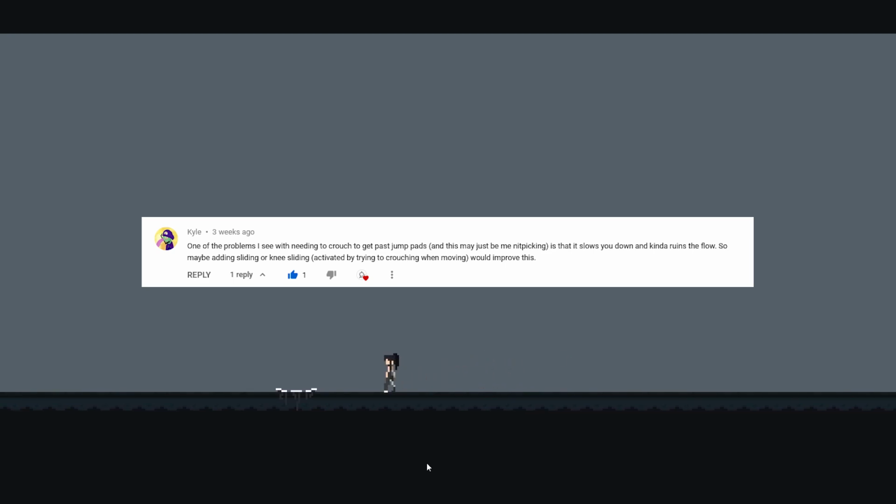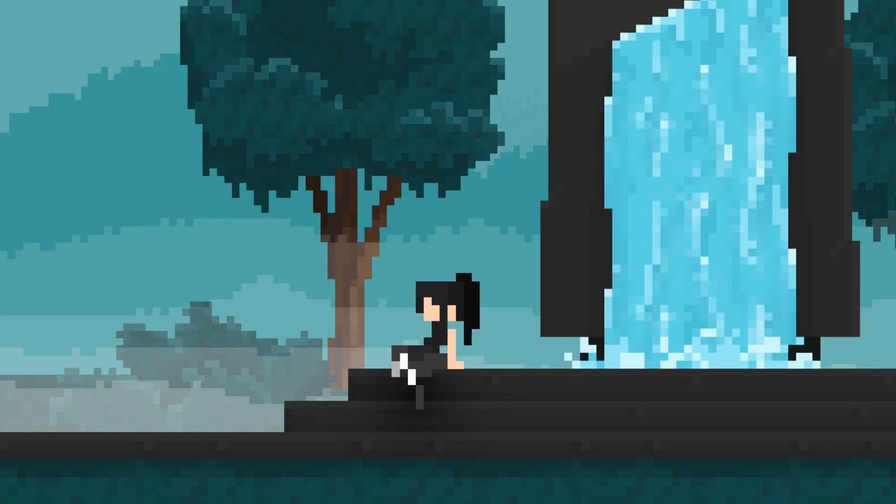This is why I decided to go with Kyle's suggestion, which is to make the player slide if they try to crouch while running. It keeps the flow nice and smooth, and it's not something that a video can convey, but it feels so cool. So thank you all for your suggestions. Obviously, when it comes to the previous devlog, there are many more things that I need to address. But I'm gonna do that in a separate video.